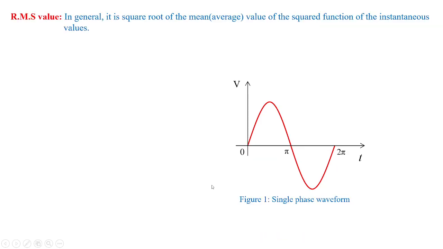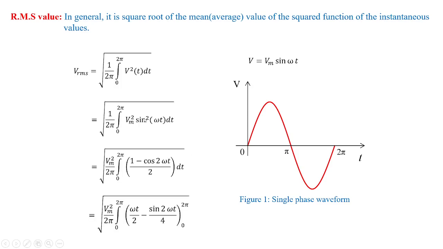Now similarly, you can calculate the value of RMS for a sine wave, which is given by the general formula as under root of 1 by T integral 0 to T v square dt. So here we have the value of v, which is nothing but Vm sin omega t. We'll take the help of sine square omega t dt, that is nothing but 1 minus cos 2 omega t by 2. This value we represent by this particular expression. And when you take the actual conditions, you're going to get the RMS value as Vm by root 2,